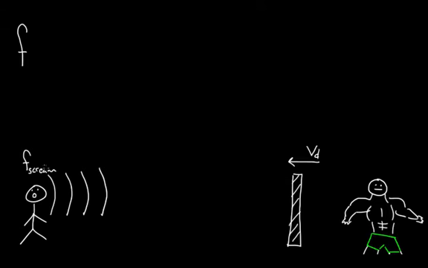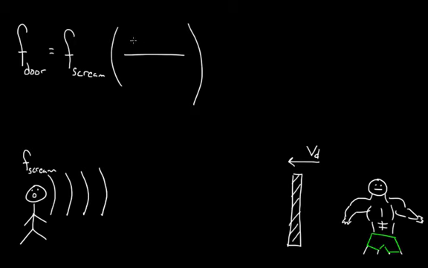It wouldn't be F scream. It'd be something else. So I'm going to call this F door because I want to know what the door hears. And if we use the Doppler effect formula, F door is going to equal the frequency that the wave actually has, so frequency of the scream, maybe it's a yell, but it's scream, okay, times, over here, I've got this factor of the speed of sound up top, and then it's plus or minus, for a moving observer, the formula was plus or minus speed